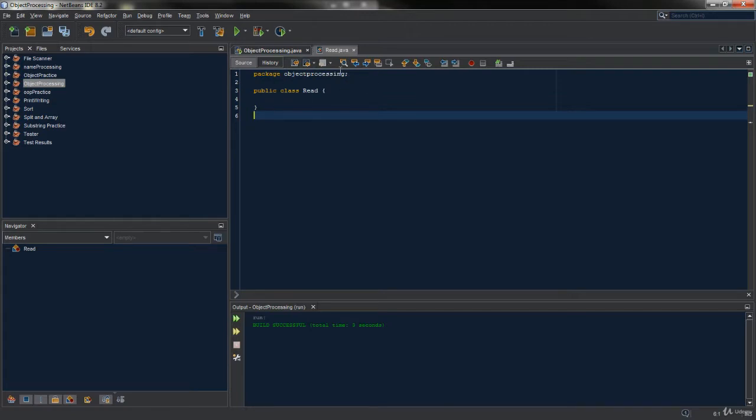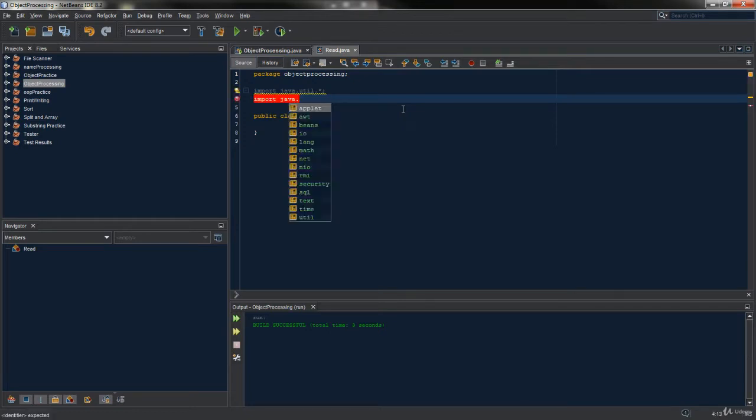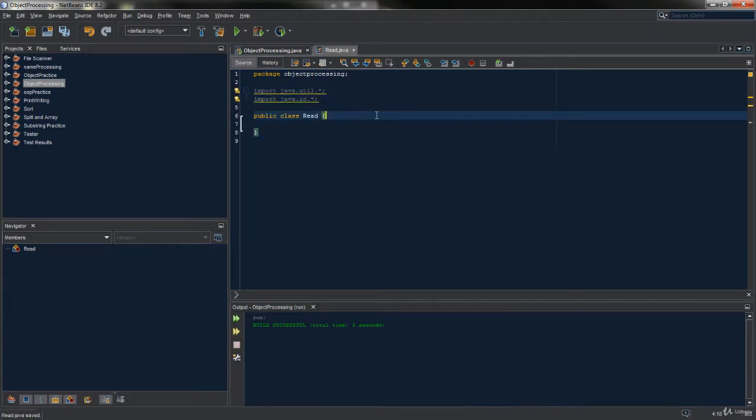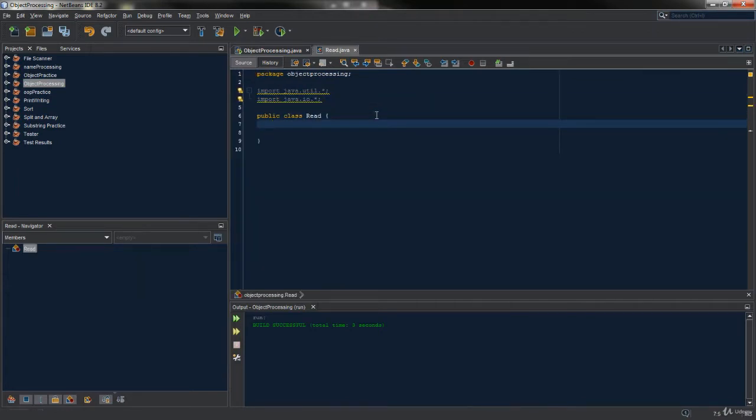We're going to start in the Read class. We're first going to import the various packages we need because we're going to be reading and writing to file. So we need to import the utilities package, import java.util.*; and then we need to import the IO package, java.io.*;